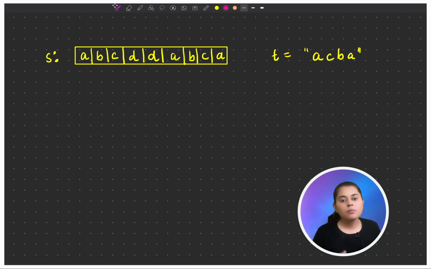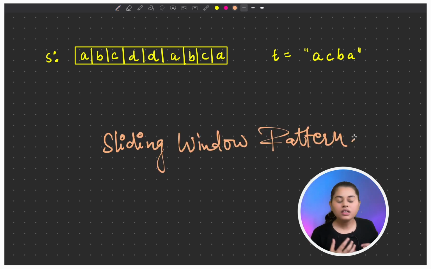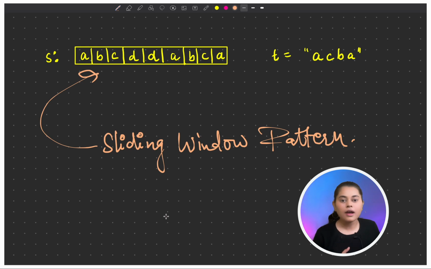So whenever we talk about a substring or subarray in which we have to take continuous elements or continuous characters, we have one pattern of question, and we call it the sliding window pattern. So if you have not heard about this pattern earlier, I'll attach the blog link in the description box. You can go through the sliding window pattern and understand the concept of sliding window, and maybe then you can come back to this problem and learn how we'll proceed with it.